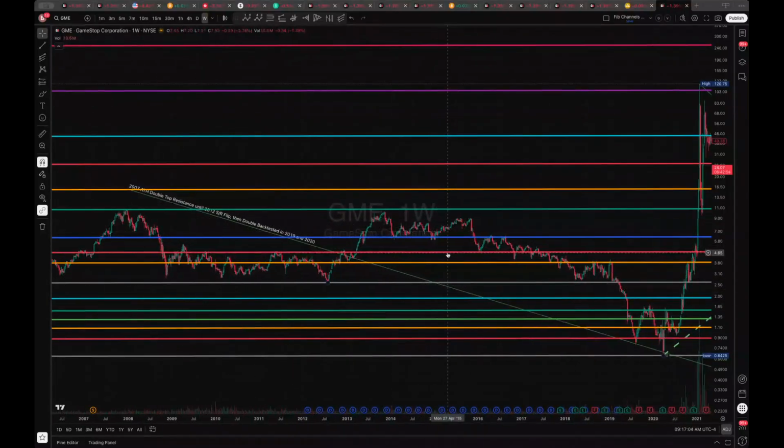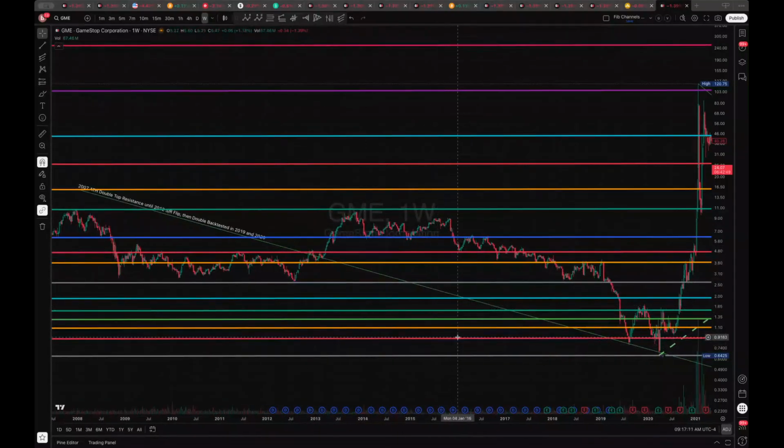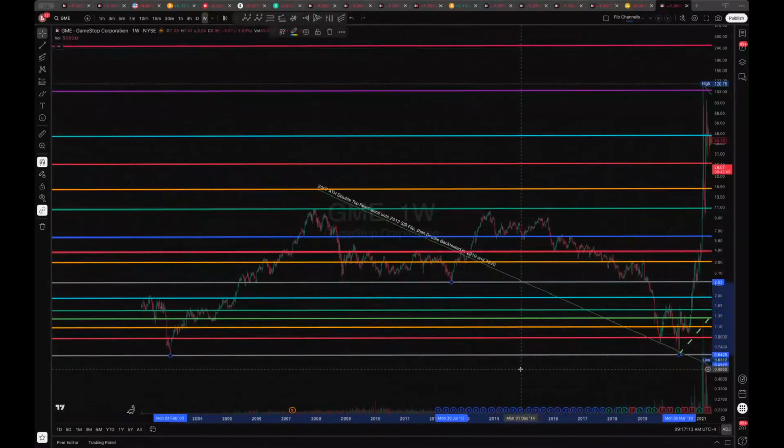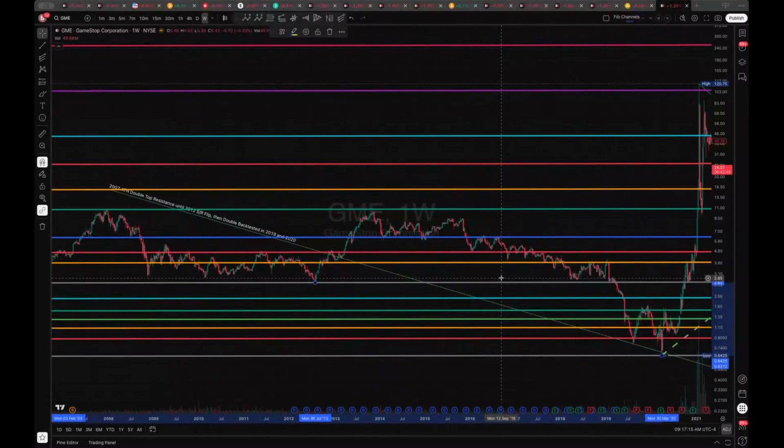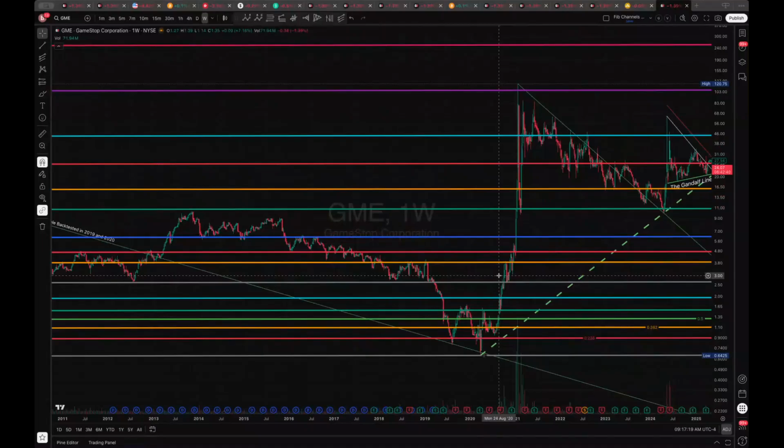So this is an all-time fib channel. It was drawn over what, like a 17-year period. So this is based on monthly price action,